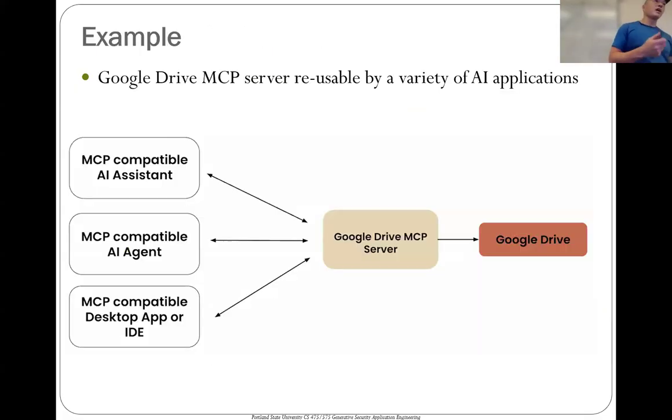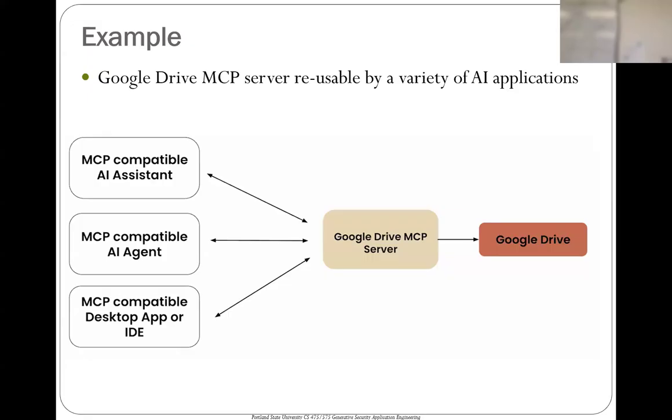So here's an example, the Google Drive MCP server. Google releases the blessed version of the Google Drive MCP server, and then everybody who needs integration with Google Drive can build against this MCP server. They could deploy an instance of their own on Cloud Run, for example, and enable it with their OAuth credentials. And then they have a natural language interface to invoke tool calls for all the tools that the Google Drive